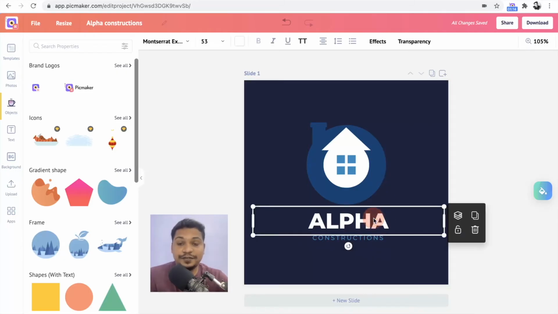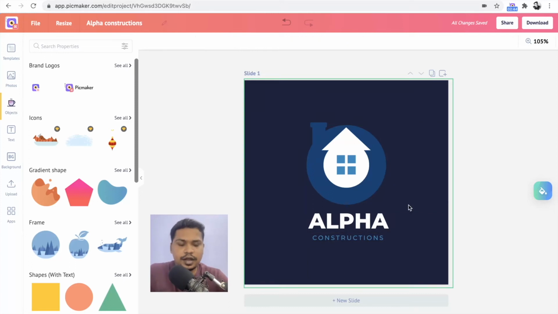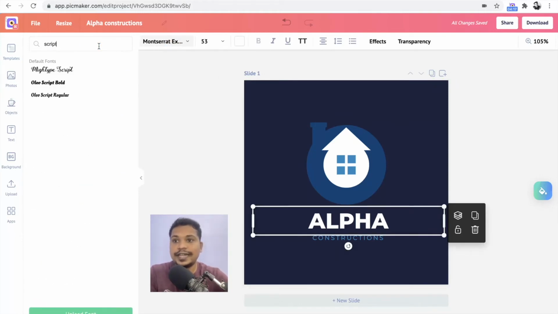Choose readable, web-friendly fonts to make your logo design professional. More importantly, using a legible font is key to effectively getting your message across while retaining the reader's interest in your logo. This logo template uses Montserrat font with the subfamily extra bold applied to the text alpha and medium applied to the text constructions. Not only is Montserrat a great choice of font, here it informs the viewer of the brand name instantly. If you choose a brush script or a handwritten font, ensure that it is legible even if it is small.